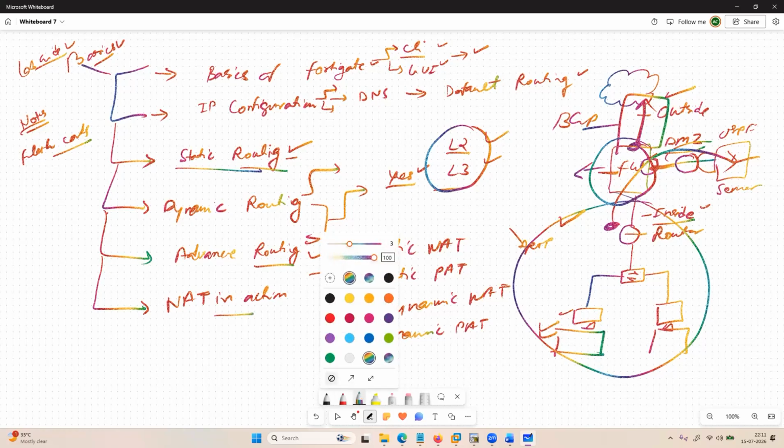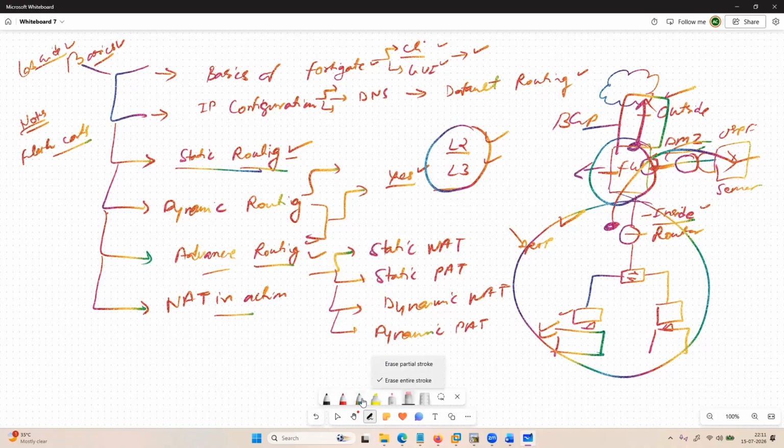Now, NAT in action is done. This was all about your lab one, that topology one. So once this is done, then we are going to do,